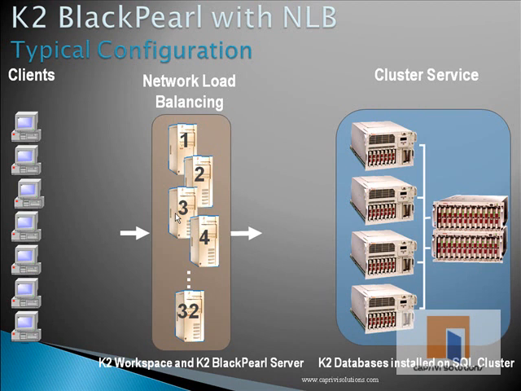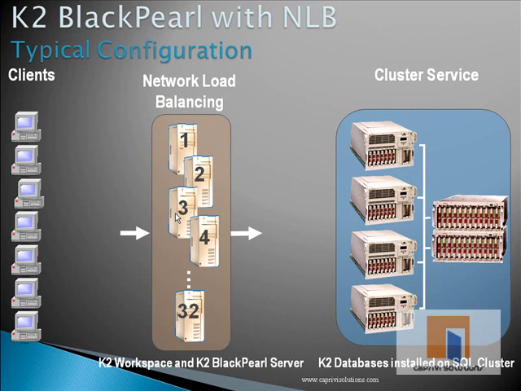Then the other way that K2 supports the Windows clustering technology is it supports installing the K2 databases on the SQL cluster, and so that provides for high availability in case one of the servers within the SQL cluster goes down. Then the server cluster will detect that and basically fail over the node to another SQL server running in the cluster, and your K2 servers will then just simply access a separate database, and all that will happen seamlessly. So that's kind of the out-of-the-box way K2 Blackpearl works with